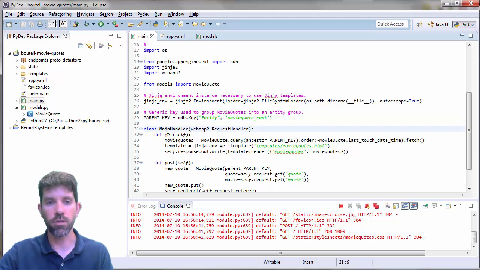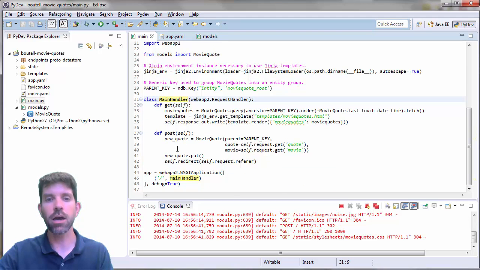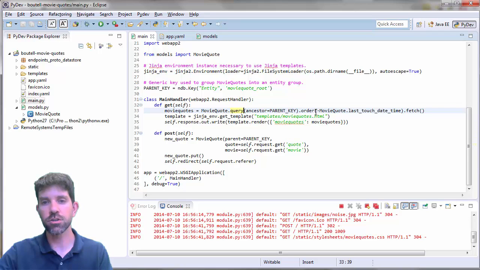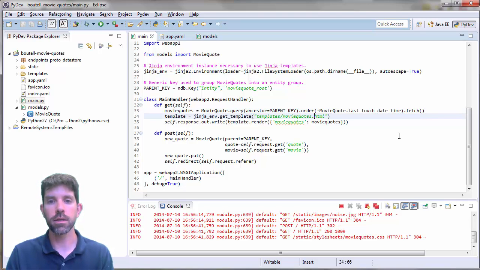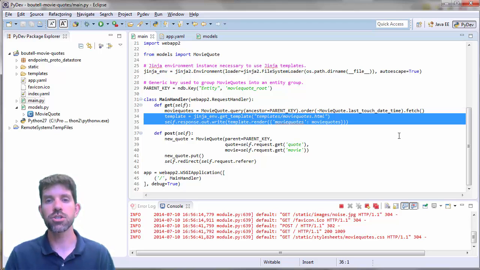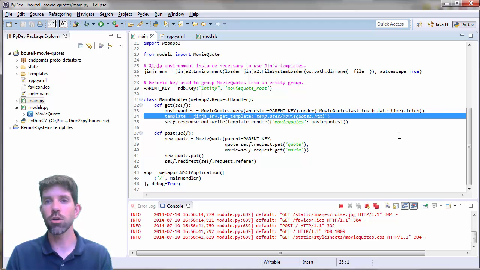And then we have our main handler, and we're saying essentially how do we respond to gets and posts, right? So gets are going to happen when it loads. And this is actually doing a query here, and you'll see that it's by negative of the last touch date time, which means it's going to be going in the order where the most recent dates are going to come first, right? And then a couple lines right here that are essentially saying, take these quotes that you just downloaded, and go ahead and load up a template, right? So from this templates folder,